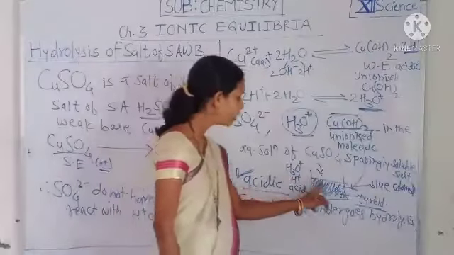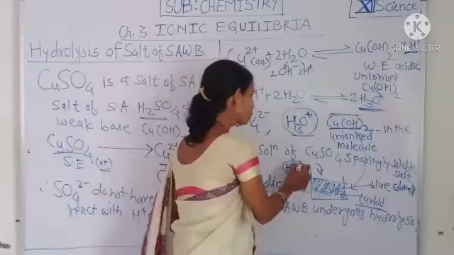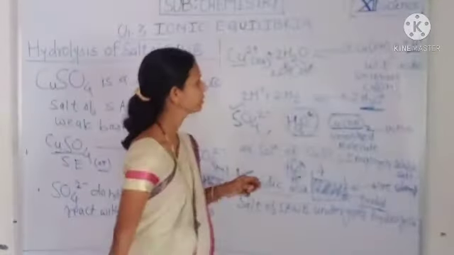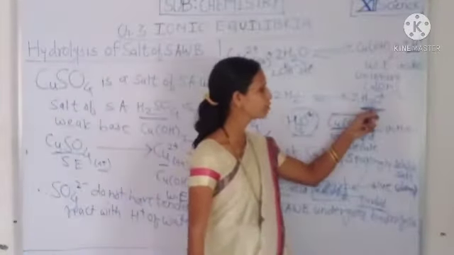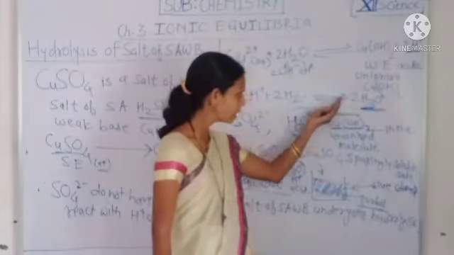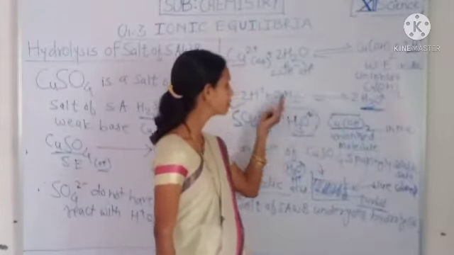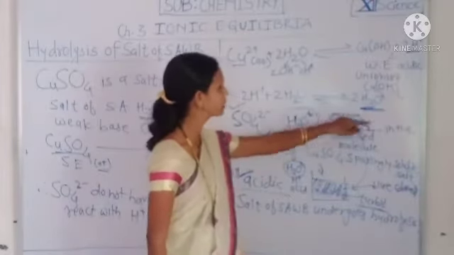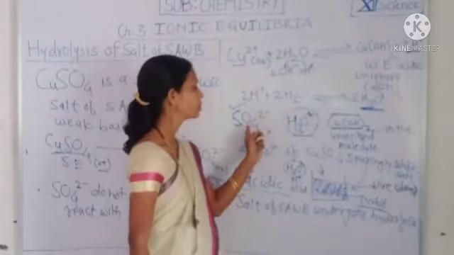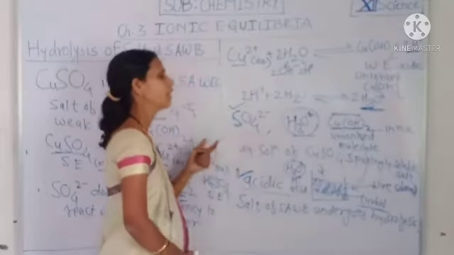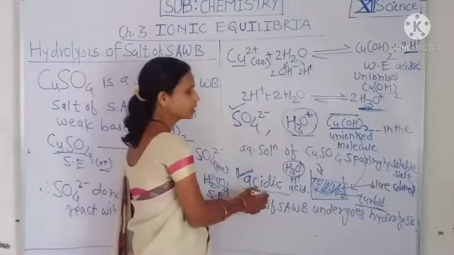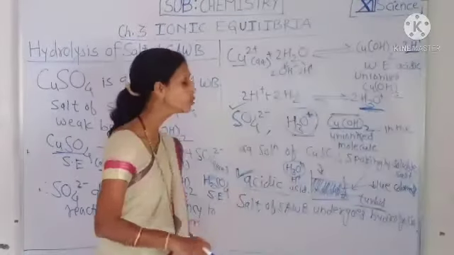Therefore, if the concentration of H3O+ in this solution increases, the equilibrium is shifted towards the left and Cu(OH)2 is converted into Cu2+ and OH- ions. Therefore, here Cu(OH)2 gets dissolved in